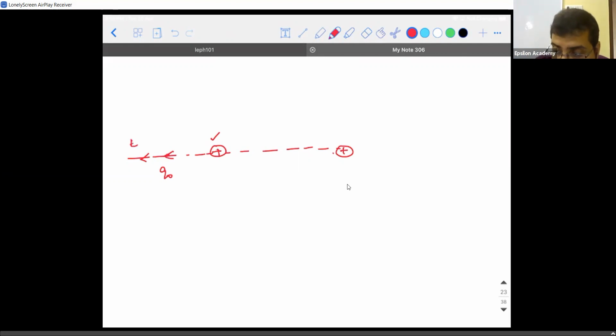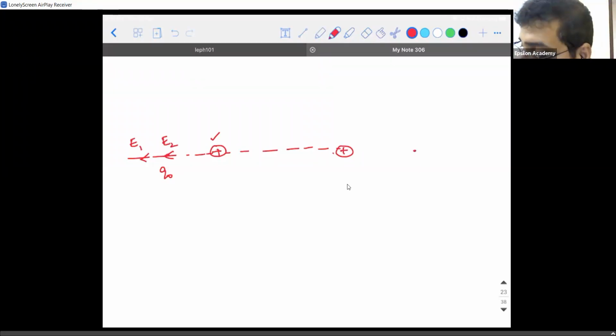Right. So can I say this is the electric field due to the first charge and this is the electric field due to the second charge? Since they both are acting in the same direction, these two will get added. Hence, the resultant electric field along the line joining these two positive charges is going to be in the leftward direction, on the left of the left positive charge. Accepted?